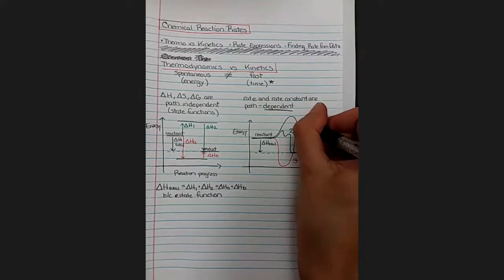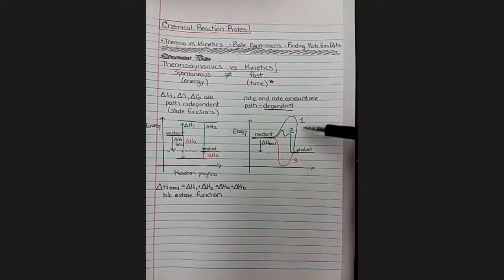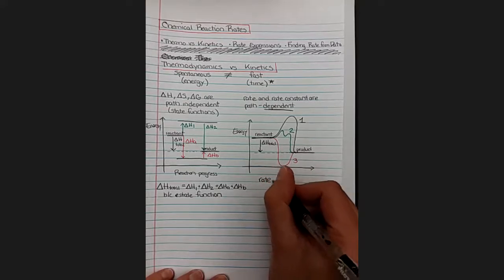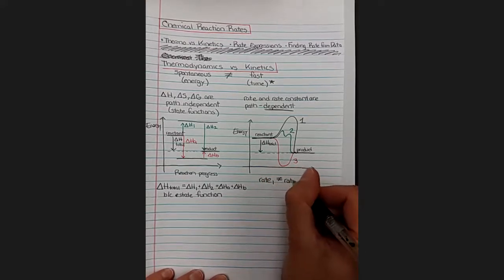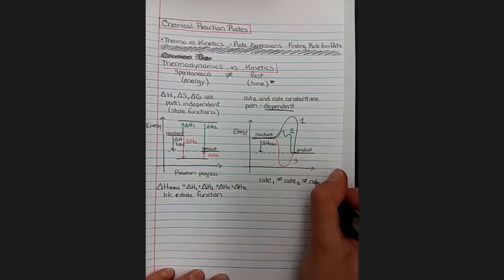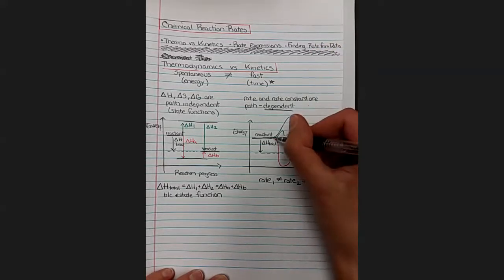And we'll call that one number 1. So in this case, the path does matter. The different ways that we get there are going to give us a different rate. So the rate of path number 1 is not going to be equal to the rate of path number 2, and that's not going to be equal to the rate of path number 3. The amount of time it takes to get there is going to be different, and that's because of this barrier